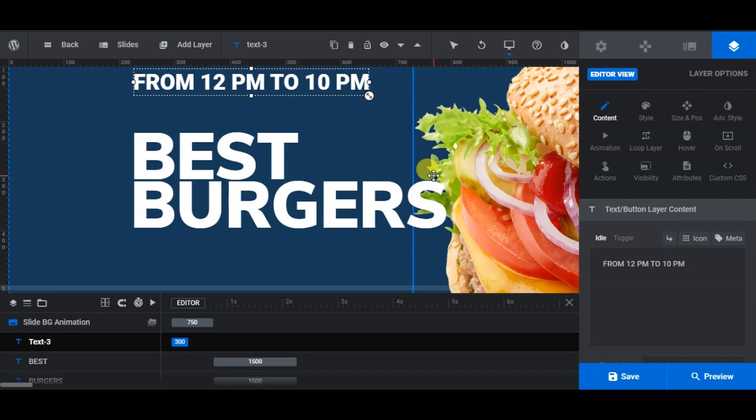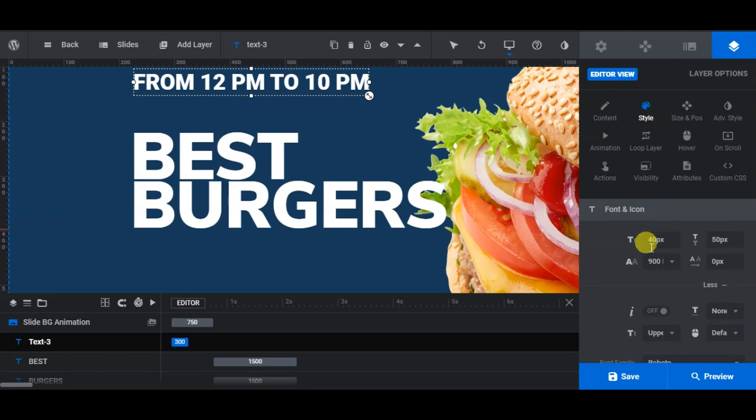Perfect. Now I will do the styling. Font size 26, height 38, weight